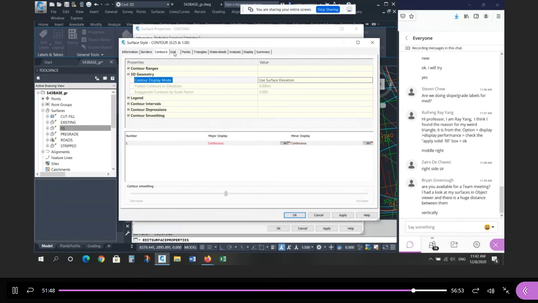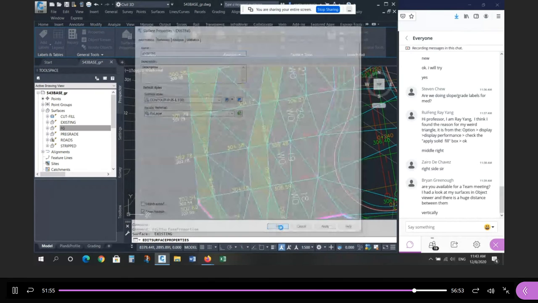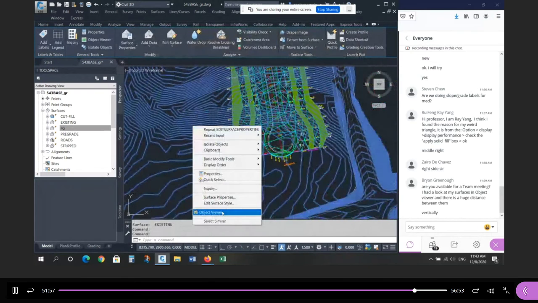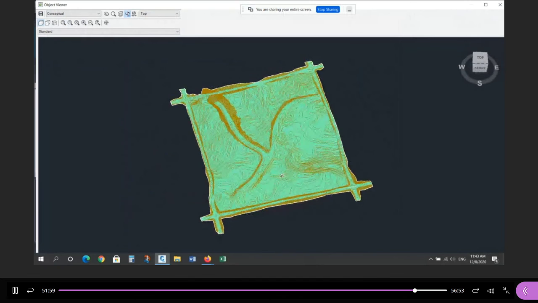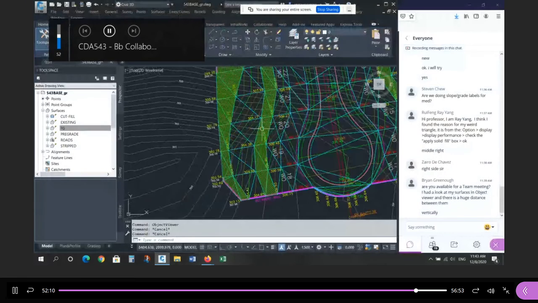Right? So this is not exaggerated for contours, and this is not exaggerated for triangles. So the style for the existing ground is consistent for triangles and contours, right? So now there are 3D triangles, which gives you the colored-in green look, and the contours have the same vertical exaggeration. When you look at the surface for the proposed,